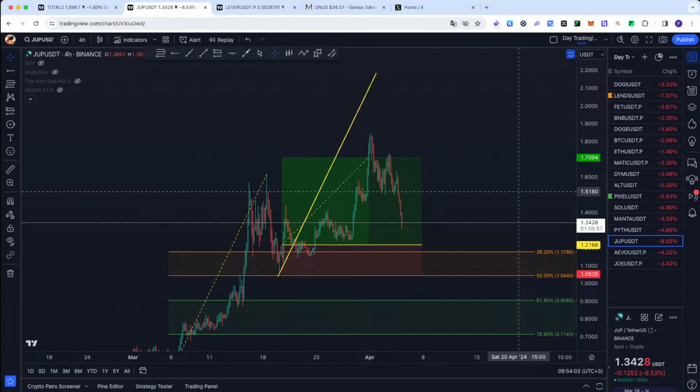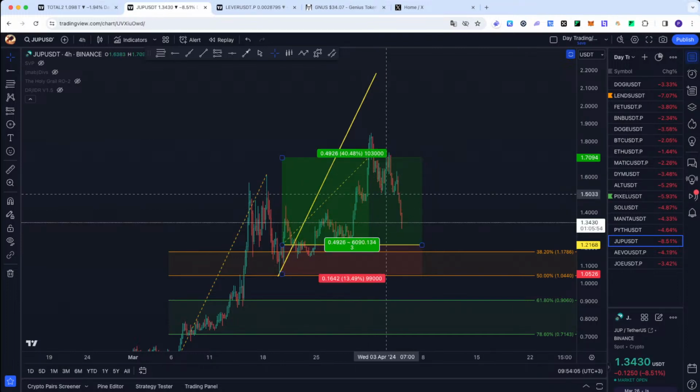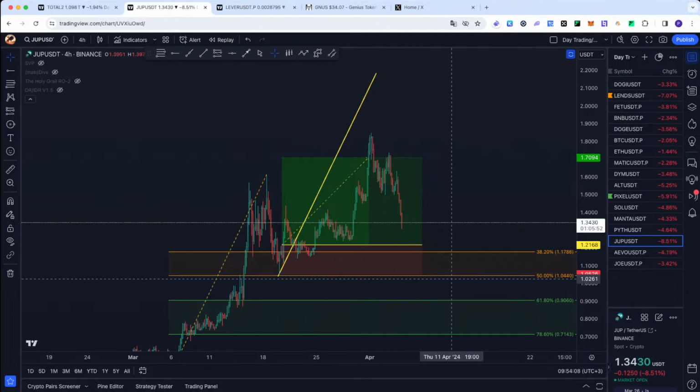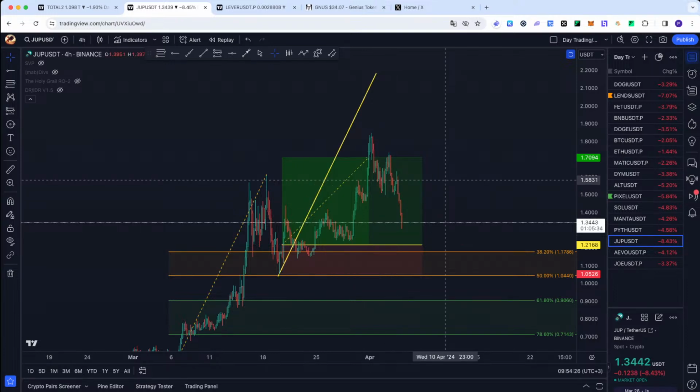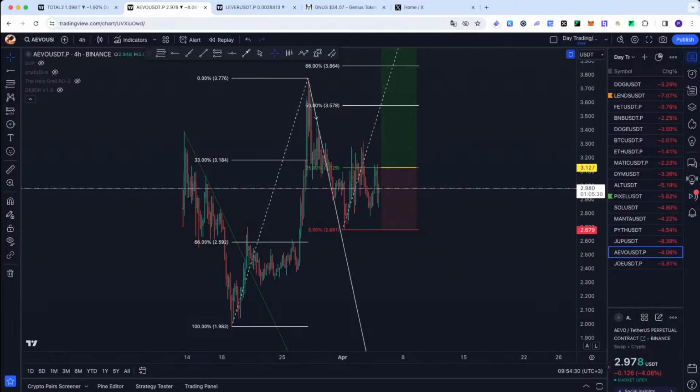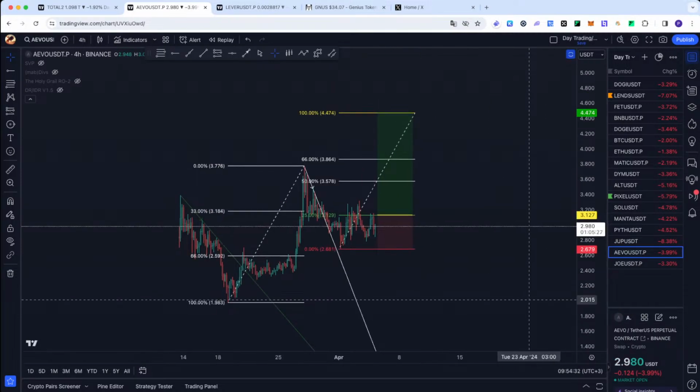And you can see we have a yam, we have a second yam, it's breaking down. If you are in this one and you don't want to exit, you still have the moon bag. Maybe you can wait for a retest of this yam, and then exit the moon bag if you want. I'll just leave it there. I prefer to be stopped out than to micromanage a moon bag. It's not called a moon bag for nothing. Just leave it there.